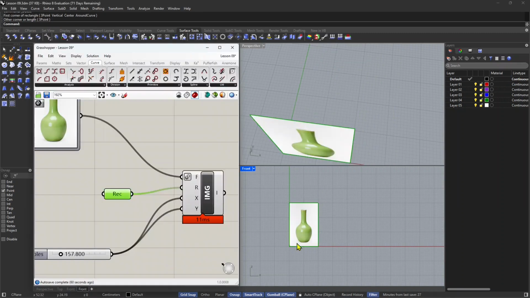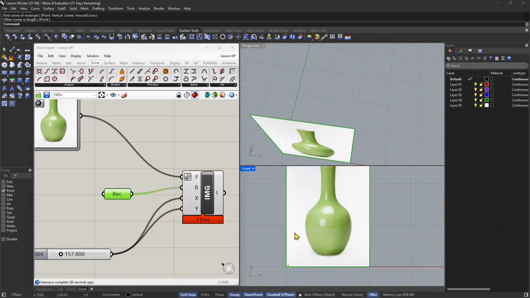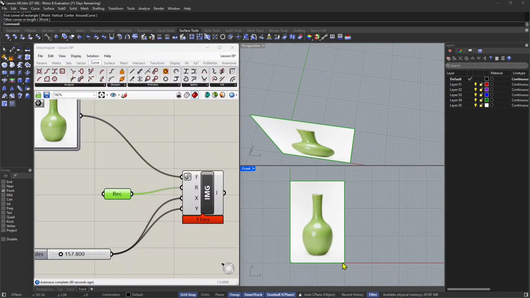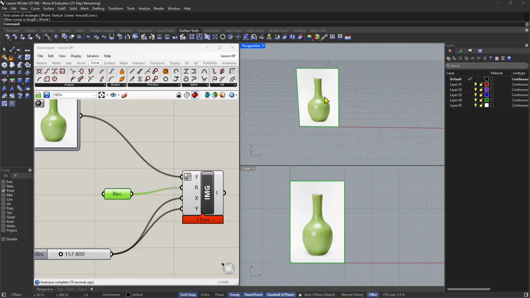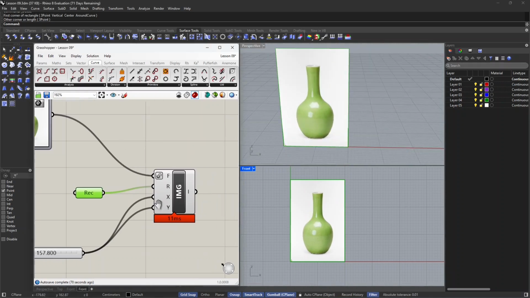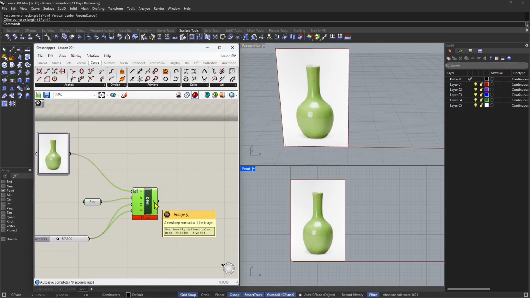So this is one way you can do it, but you have different ways. You can also insert measurements. Okay, so that's the frame, and the frame is now oriented properly on the front because we constructed